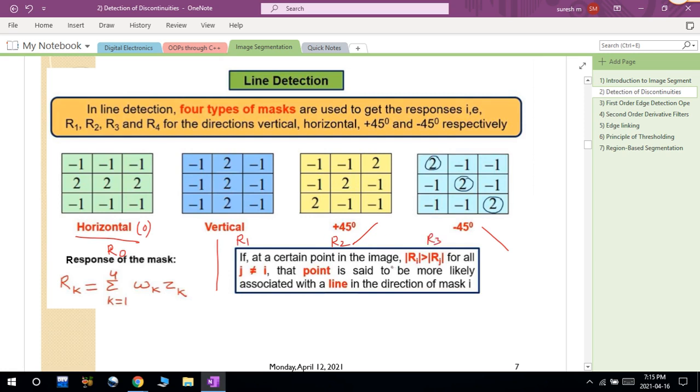So I get 4 values. If one value is greater than all the remaining values, then that is a horizontal line present in the image. If the second value is greater than the remaining ones, then a vertical line is present in the image. And if the R2 value is greater, then these kinds of diagonal lines are there in the image.